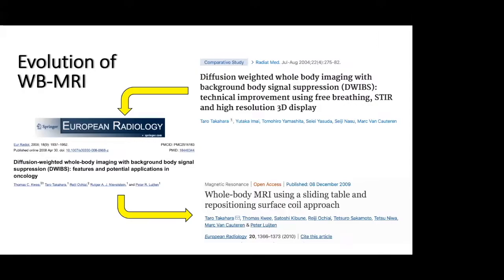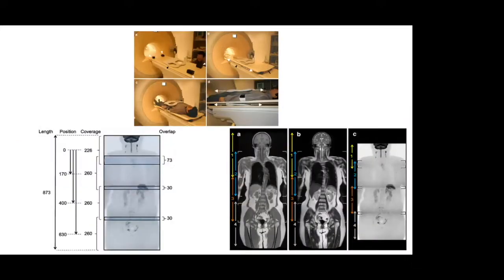But there needed to be some further optimizations because it's quite a complex technique. And 15 years ago in the MRI world is ancient history. They needed good homogeneity, nice equal fat suppression, and enough signal, so a lot of development in the coils was needed. And also to acquire that in a timely way. Free breathing is one way, parallel imaging was another way, but also using, for instance, a sliding table, which seems very normal to us, but actually it was